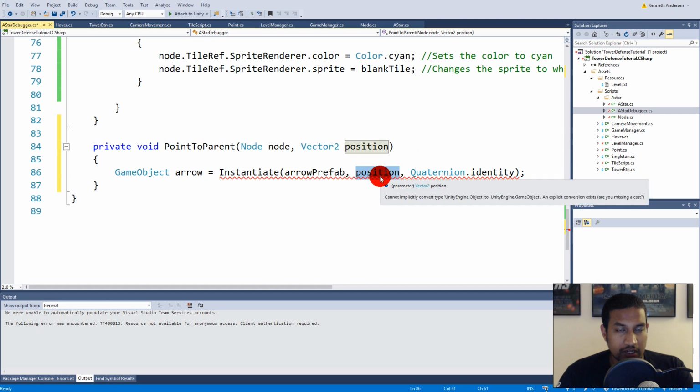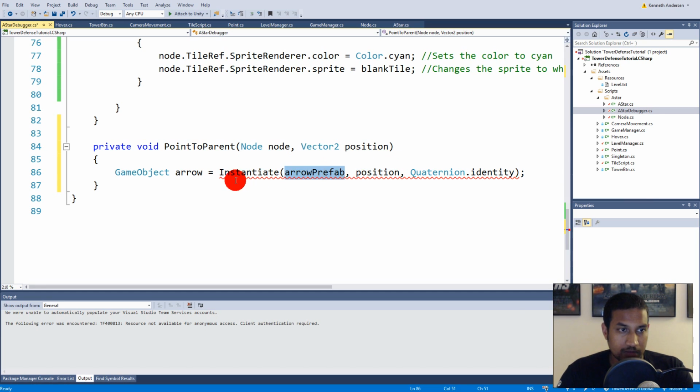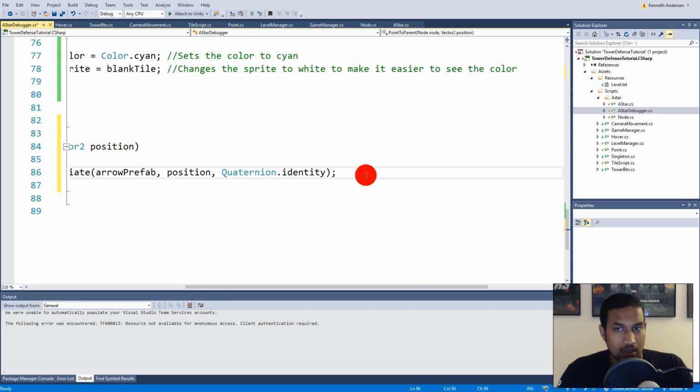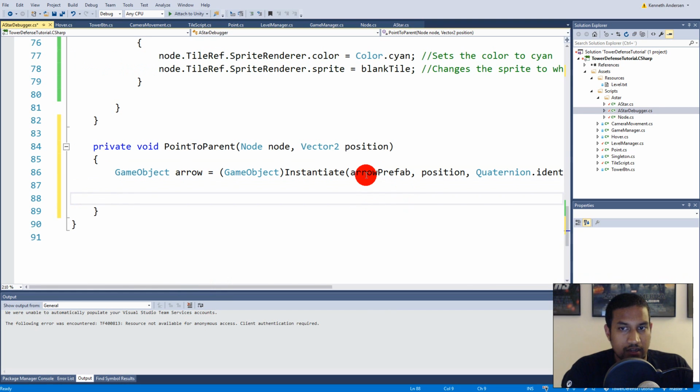So the position here is used to determine where in the game world to spawn it, because we need to spawn the arrow on top of the node of the neighbor, and then turn it in the right direction by using this. And it's complaining here because we need to cast it as a game object. When you have done that, you can make a lot of if statements here. If our node.gridPosition.x is less than the